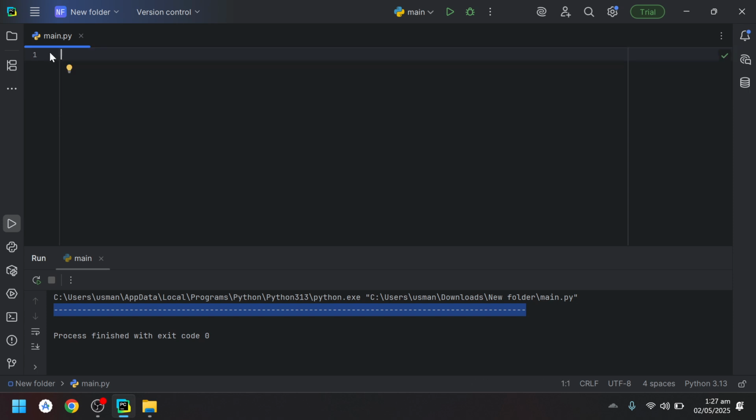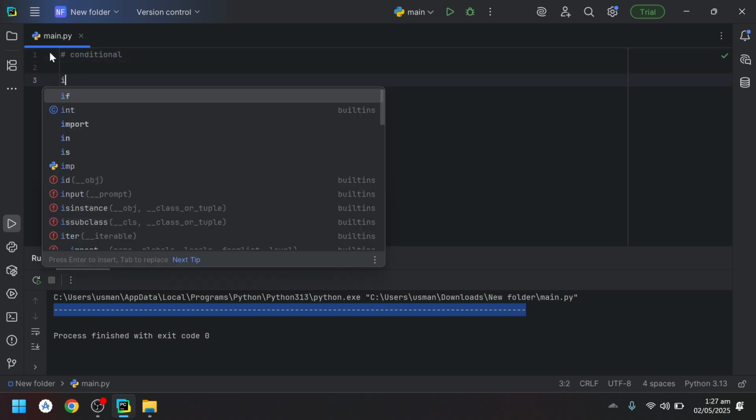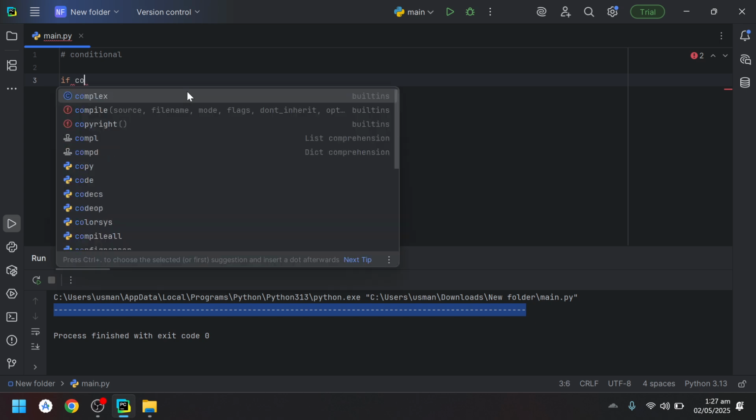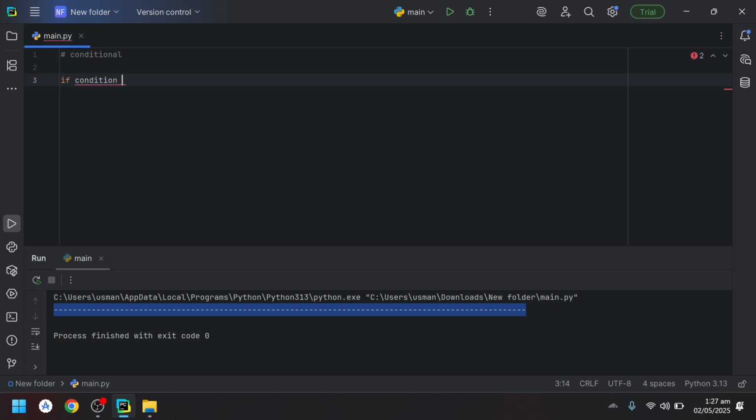What are conditional statements? These are basic if-else and elif statements, and how do these work? Let me just write the basic syntax of conditional statements. So at first we write if followed by some condition. Now this condition can be in form of if A is greater than 10 or if A is greater than